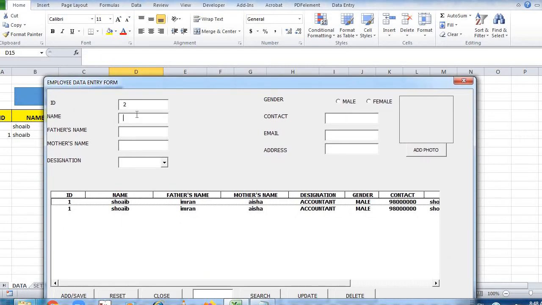Now the second employee, let's say, is named Raju, father's name Rajesh, mother's name Babita, designation designer, male, contact number 12345678910, email raju@gmail.com, address he stays at Navi Mumbai.